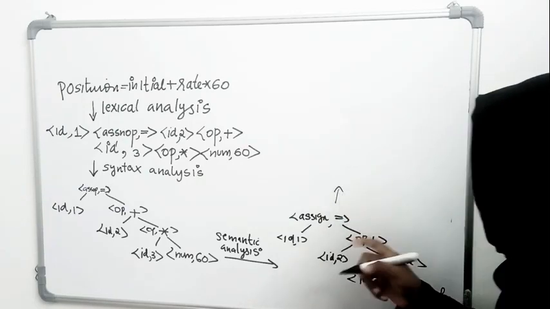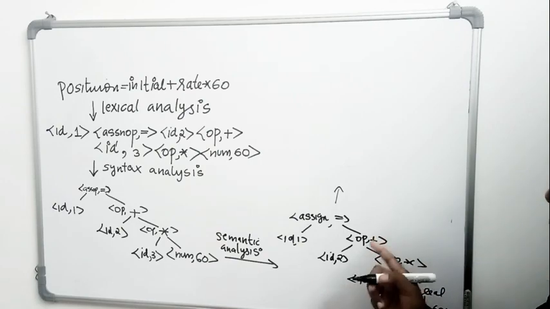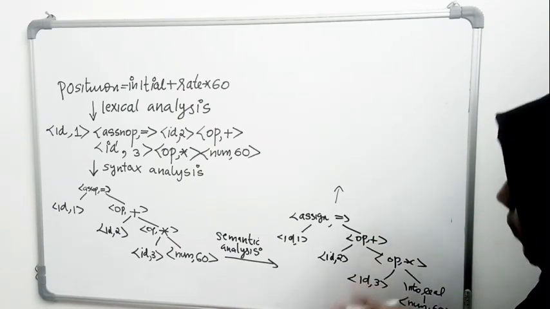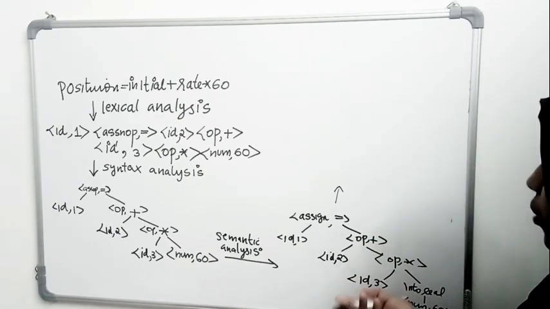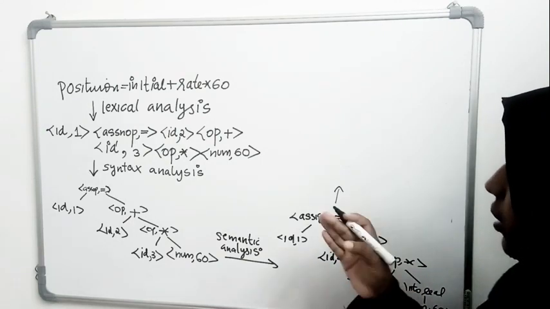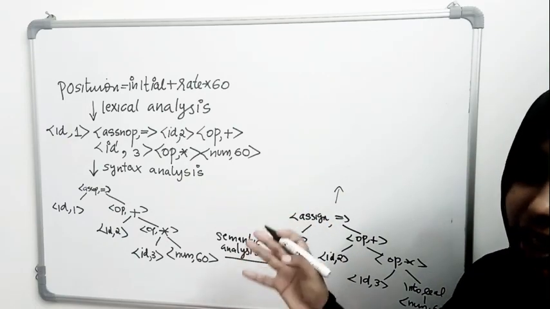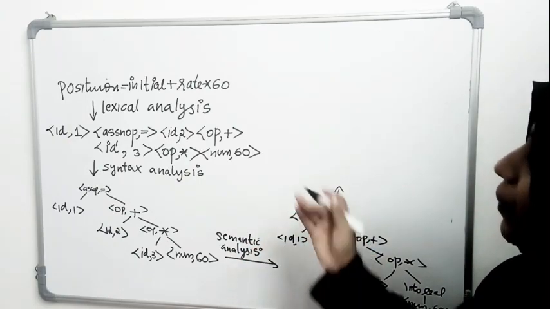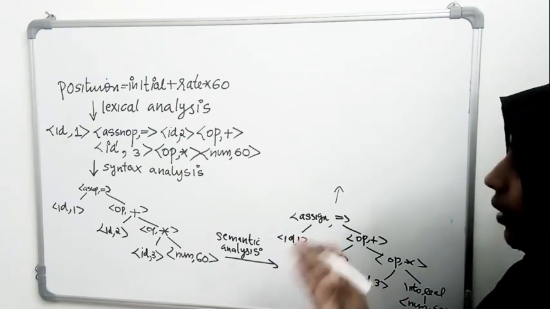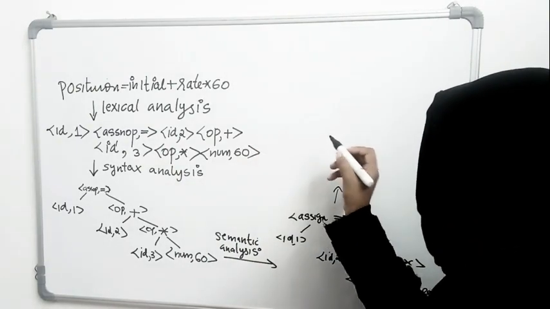So we will be converting this to a suitable intermediate code representation. For that we can use any suitable intermediate code representation. Here we will be using the 3 address code. That is, every statement in 3 address code can contain a maximum of 3 operands. Less than 3 operands is fine, but it cannot be more than 3. So position is equal to initial plus rate into 60.